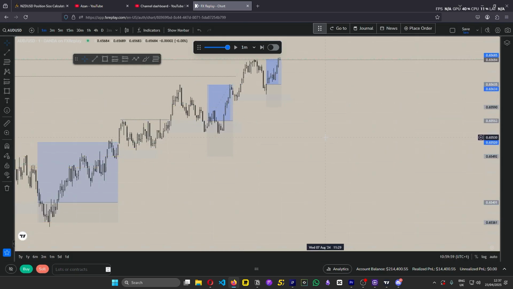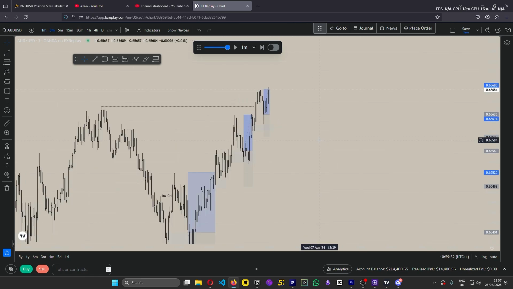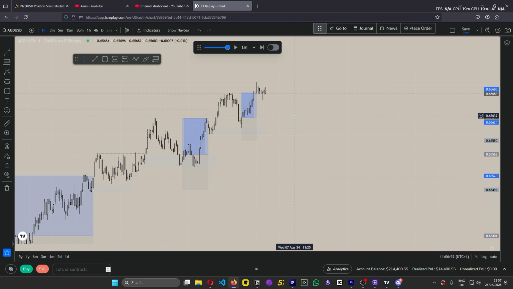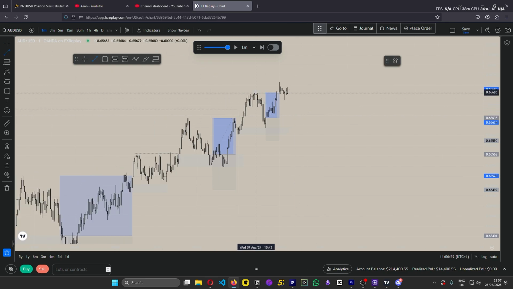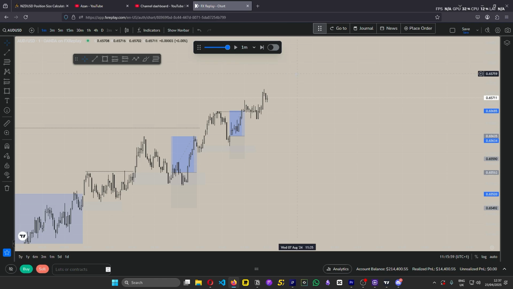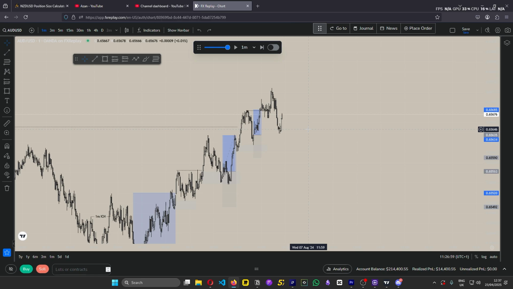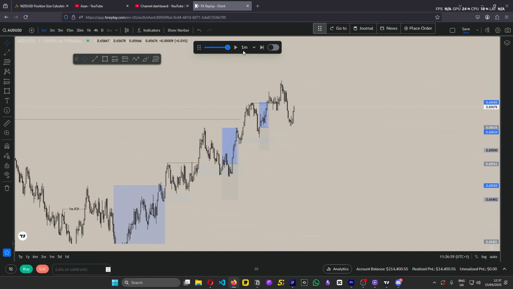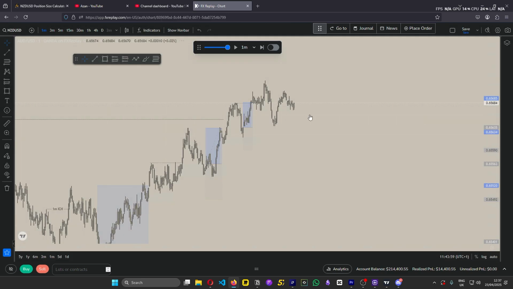Now, what am I gonna be looking at next? It's going to be another continuation, but it doesn't look too good. This is the second continuation after the break. I will take it, but I need better. Okay, if it comes to the extreme and it creates inducement for... Okay, now it's just gone, so I'm not gonna take that. It did break structure there, though. Yeah, this is after the 15-minute break, so I'm gonna chill out now.